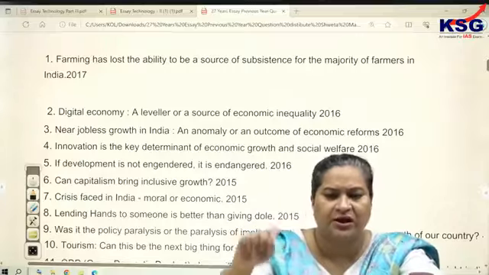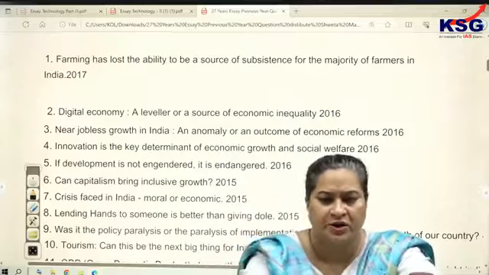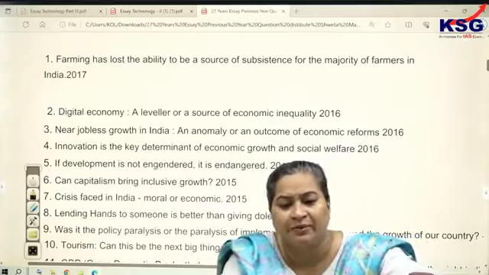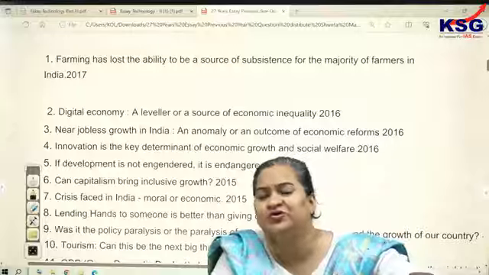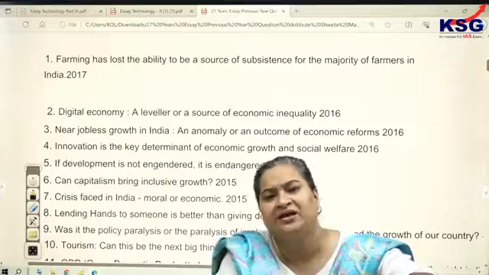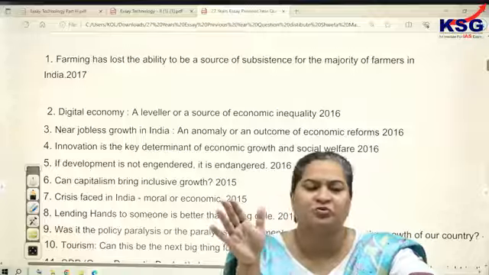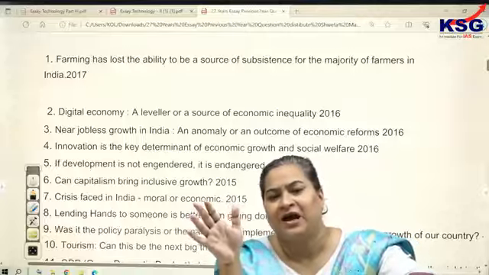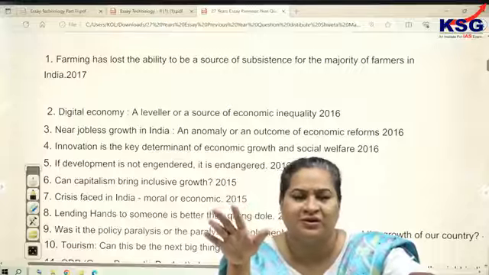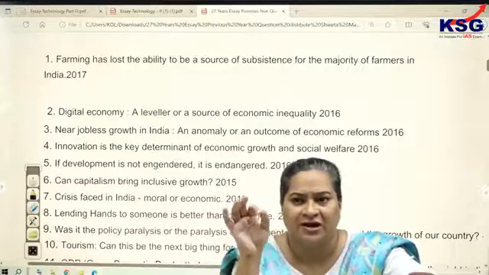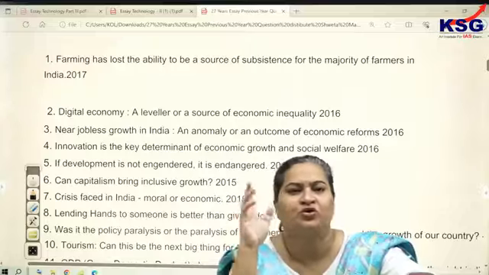So that comes again with practice. Practicing is the key. There is no shortcut to practice. All those students who are in the habit of only reading notes, reading books, reading things online, reading and only reading, and not indulging in thinking and writing, you are not preparing for this exam. I have never ever seen in the history of my 15 years career of teaching that any student who was only reading cleared any exam, whether state commission or UPSC.